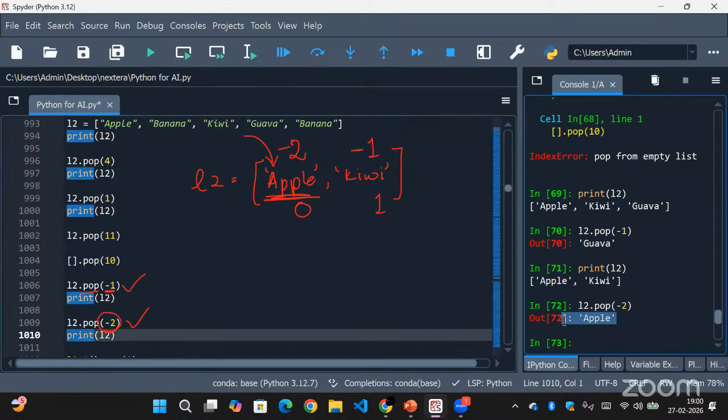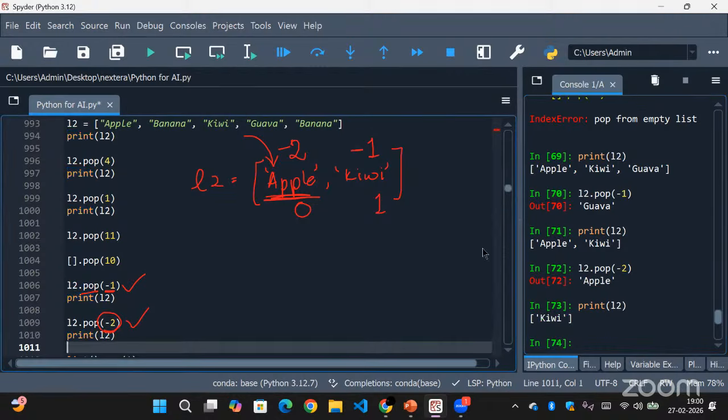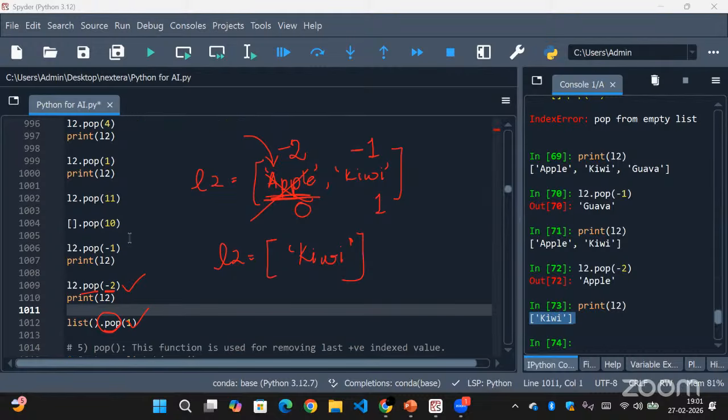As you can see, when I executed it, apple is popped out. And the remaining element in my list L2 is just kiwi. There are no more elements after popping the value apple also. So we just have the value kiwi in my list L2 right now. Okay, so now,